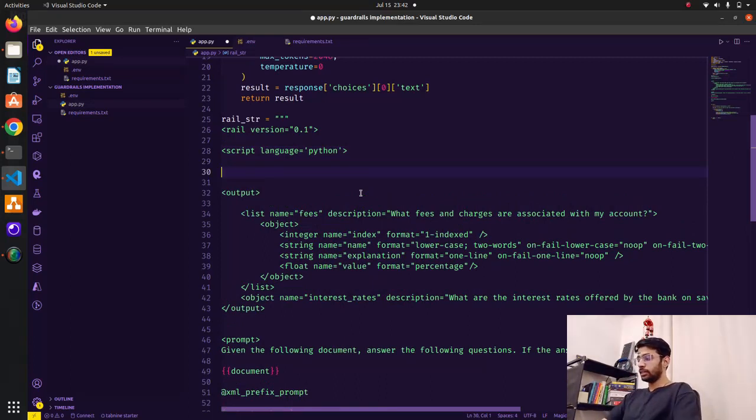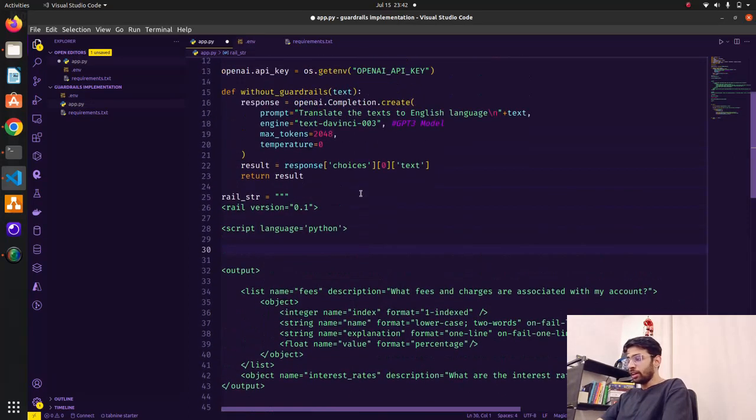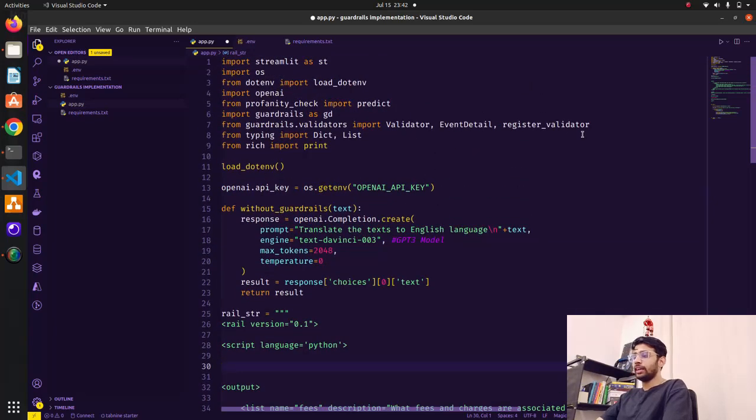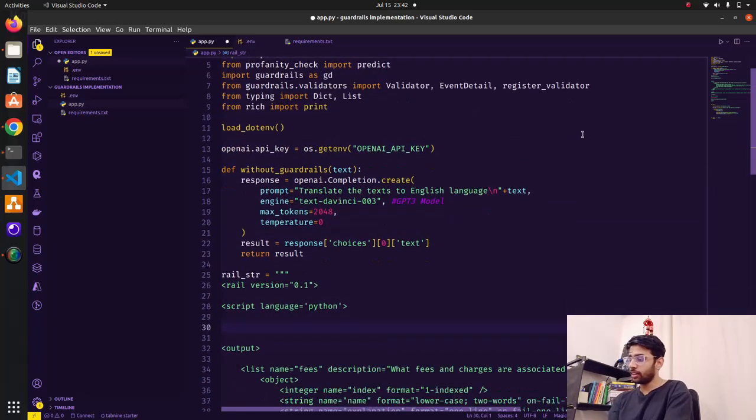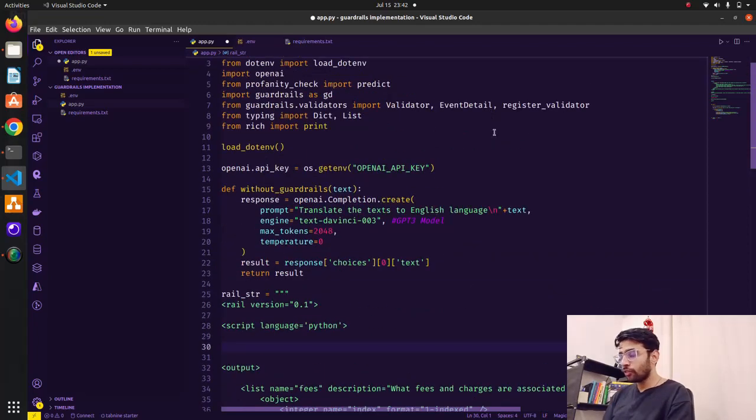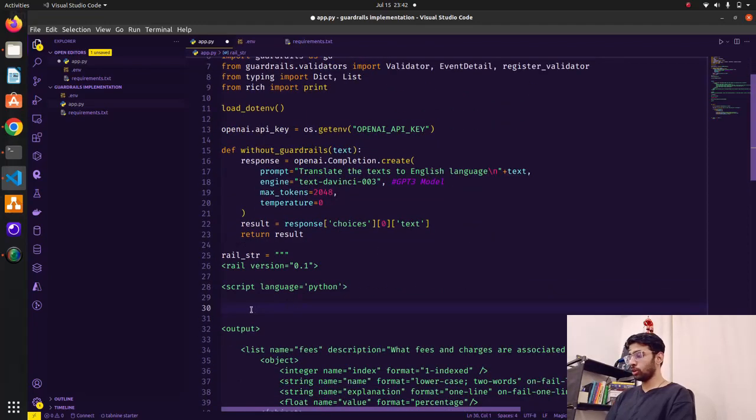Then we need to register the validator. Let's use the register validator module. I'm going to use the at sign, which is a decorator, register validator, and in it we pass the name of the validator. Let's call it is profanity free.